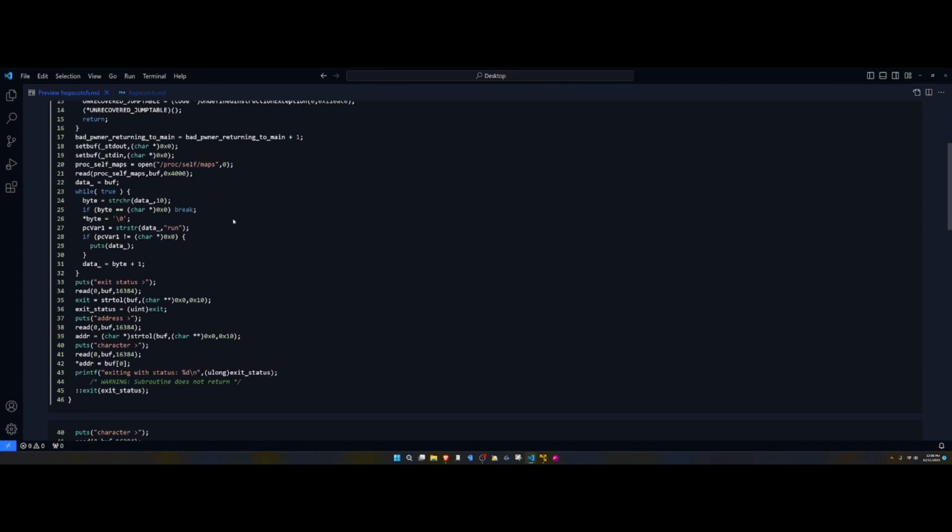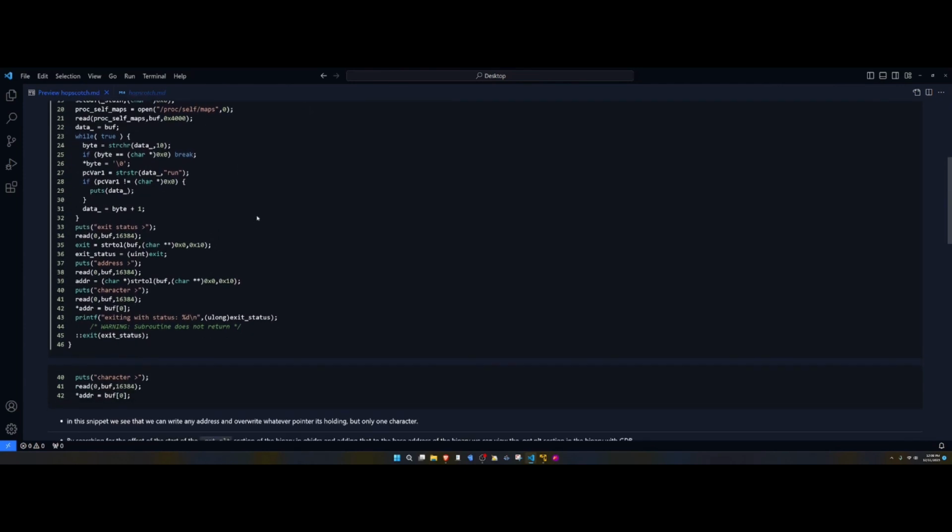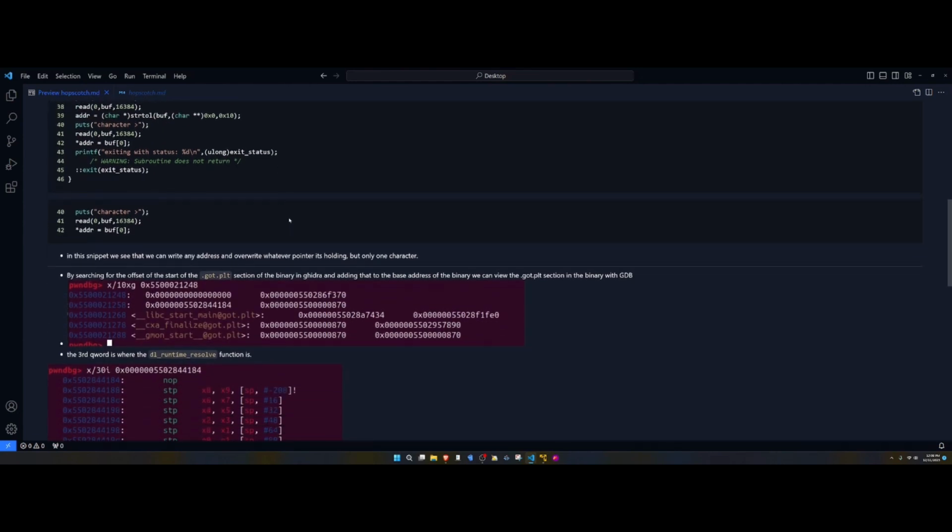It asks for three things: an exit status, an address, and a character. We can write to any address, and whatever that address is pointing to, we can write to its LSB. In this snippet, we can see that we can write to any address and overwrite whatever pointer it's holding, but